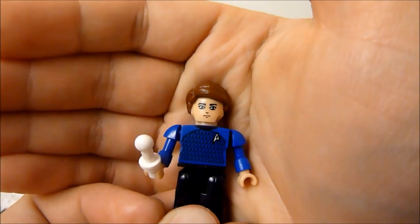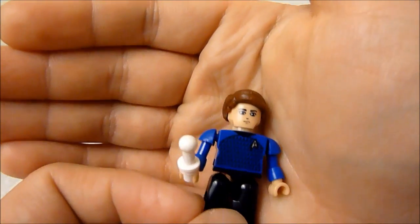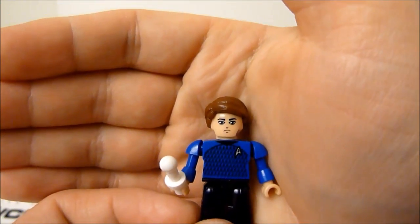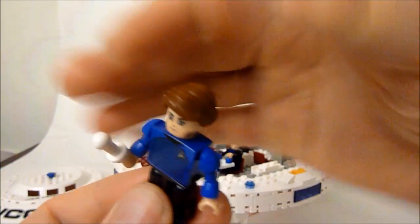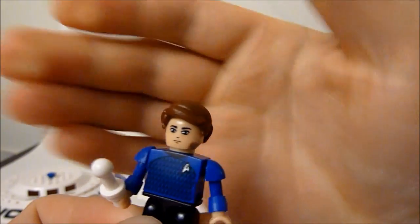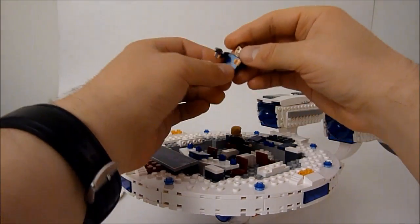But he does not come with a phaser. He comes with that big lollipop thing. And that is Dr. McCoy. Oh my goodness. He's got some crazy hair going on. His hair is rubber, by the way. Very squishy. Oh yeah. And last but not least, we'll just do both of these guys together because they did